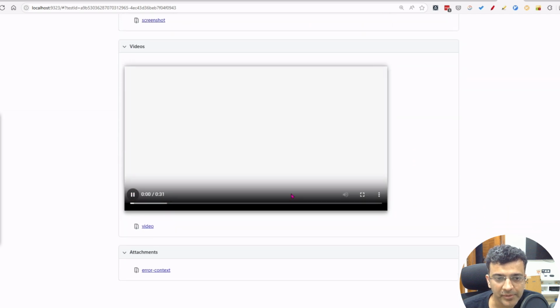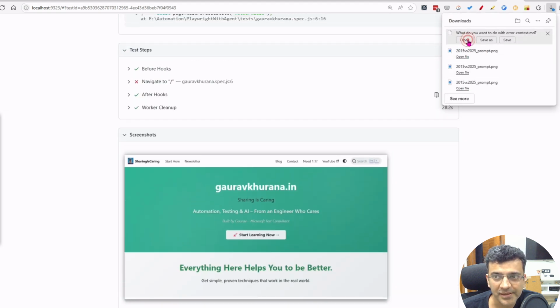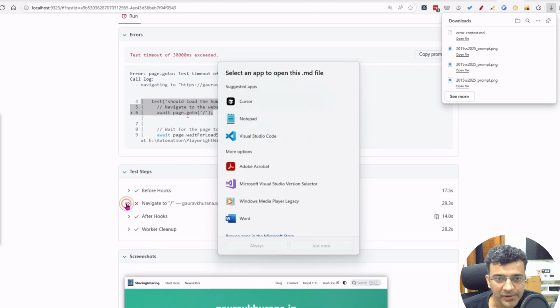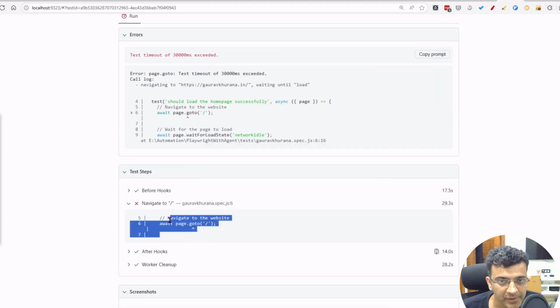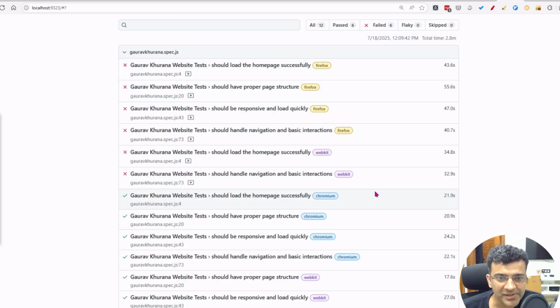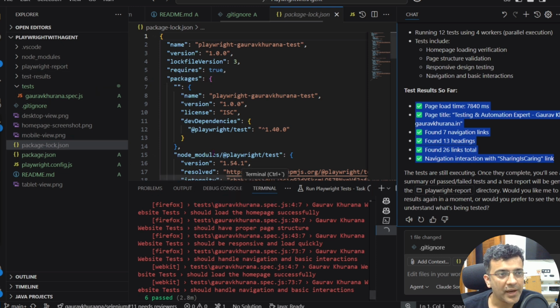It has even given me the video over here. It has stored the video and I can see the error context. It has created and opened a markdown file. There is a command given, navigate to this blank page. I'll check out why we have given this command, that we are navigating to blank instead of this site. So that's how in a short time we are able to run a test and even generate a report by just giving an English statement. But we should be able to understand the stuff. Here you see it has given some errors, and it has given a summary as well of what has happened.